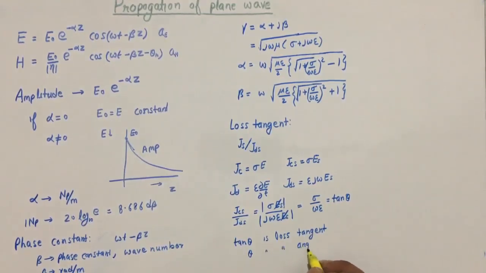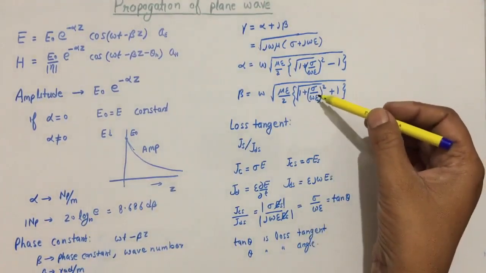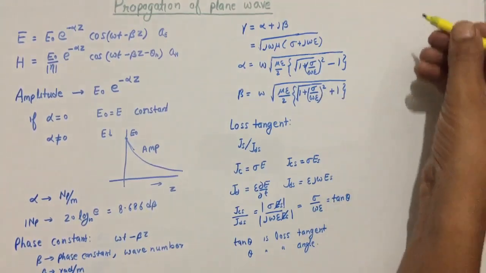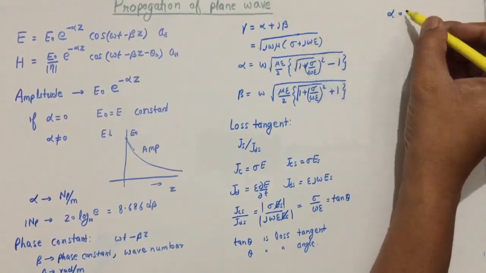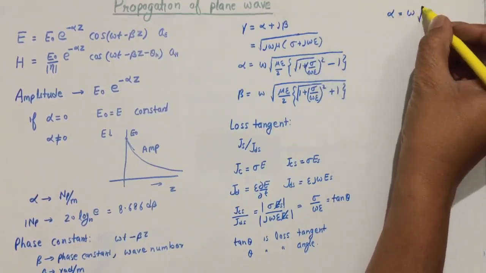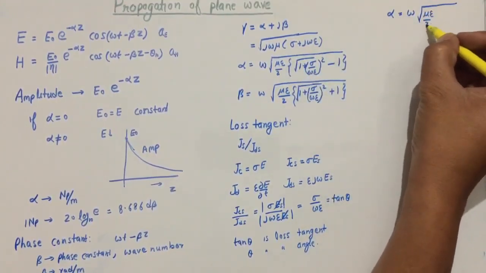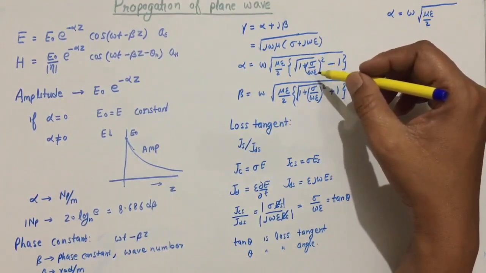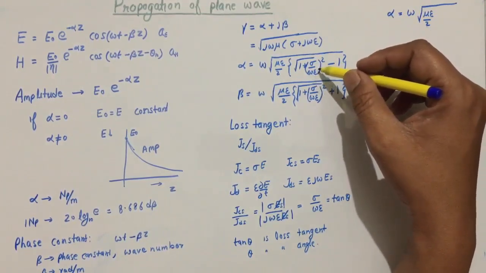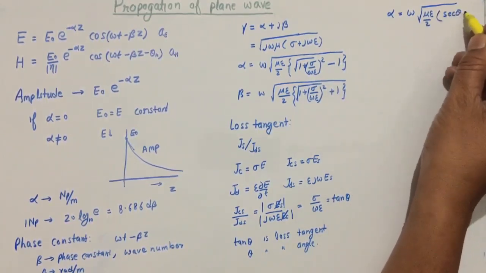Loss angle. Now put this tan theta in the alpha and beta equations to simplify them. Then we can get alpha equal to omega, this term will remain as it is, square root of mu epsilon by 2. This term will be 1 plus tan square theta, that will be sec theta. So here we can write sec theta minus 1,